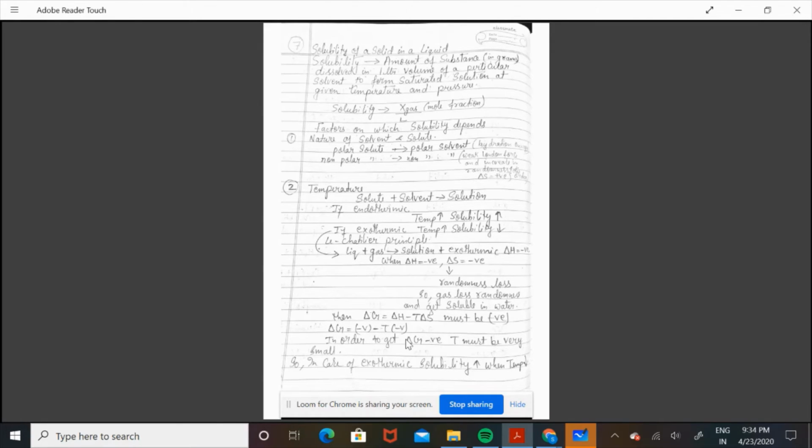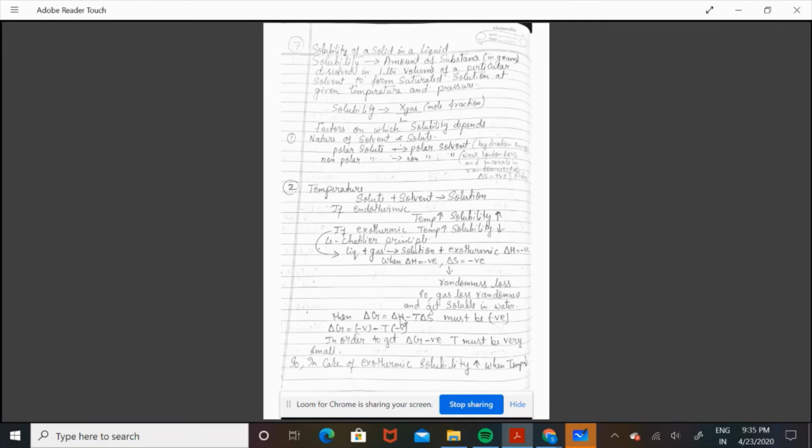So what is the example of it? Polar is very easy: those solutes which have an inbuilt dipole, where partial positive charge and negative charge are created due to their dipole nature. They have poles, positive poles and negative poles. And what is non-polar? Non-polar are those where a dipole cannot be created. So what will be the example of polar? NaCl, that is Na positive and Cl negative. I hope you got it.